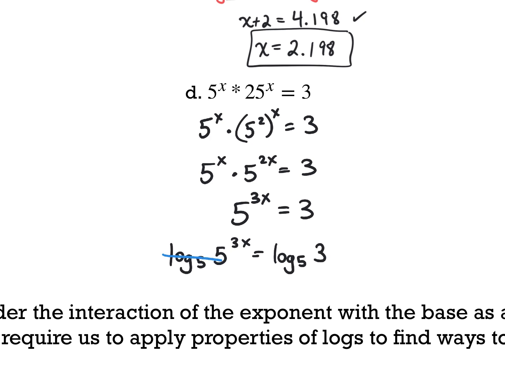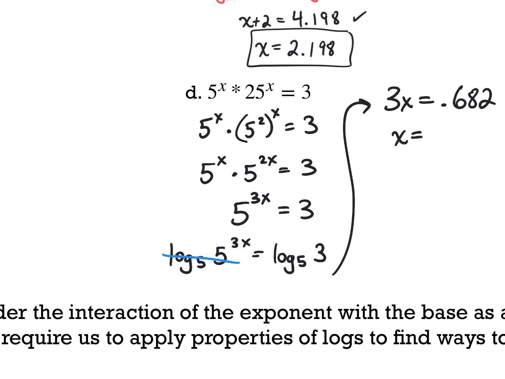So over on the left, again, the log base 5 and the 5 cancel. I'm just going to move us up here. We'll have 3x, and that will equal log base 5 of 3. That is a decimal approximation of 0.682. That's 3x, so we divide both sides by 3 to solve for our variable, and we find that x equals